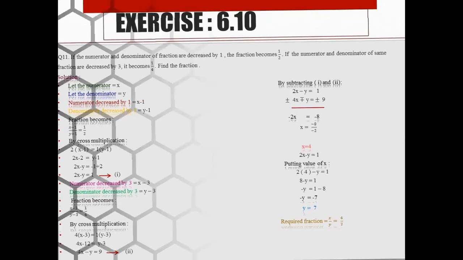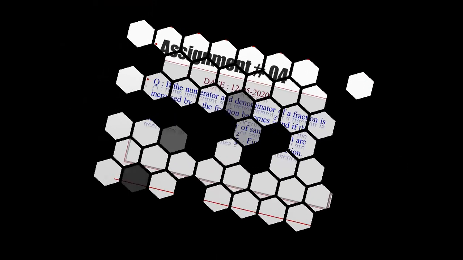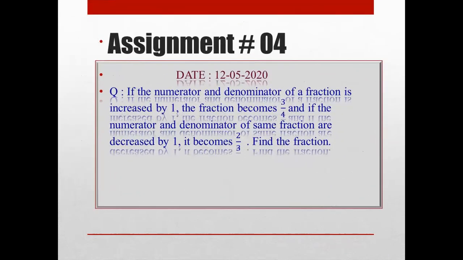I hope, students, that all the statements and the equations will be clear to you, because I wrote every step for you. Everything clearly I wrote for you in the question, so that you understand all the statements clearly. But you need to practice these questions. You will do every question 2 to 3 times by yourself, then you can understand it. You have assignment number 4. Give the heading assignment number 4, and you will do this question. Only one question I give to you in the assignment.